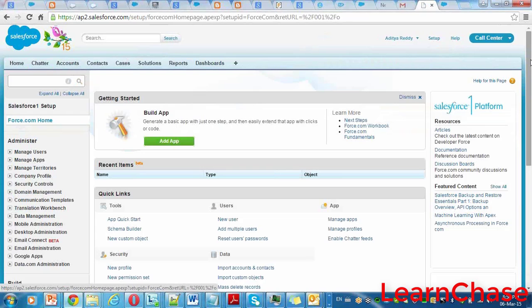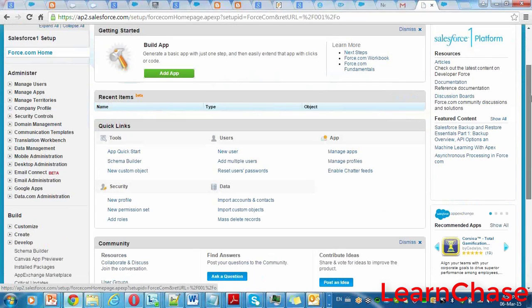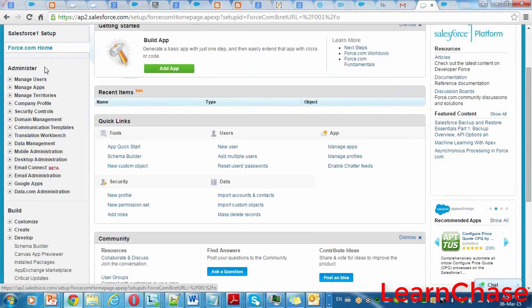This is the administrator part, which they will do as daily actions. In this menu only, these are the internal options that you can go and do: creating users, creating profiles, roles. I will tell you one by one. These are the tasks that the administrator will do.